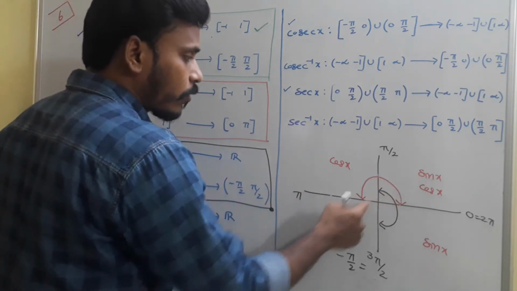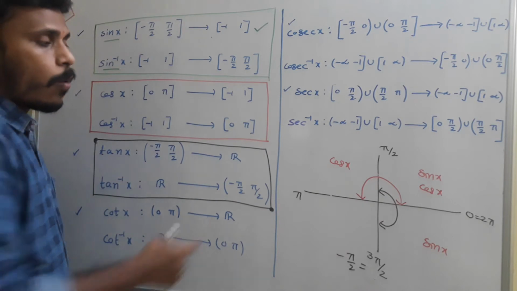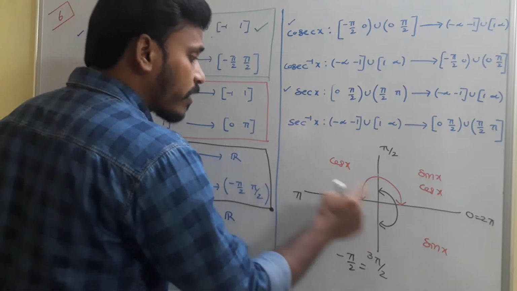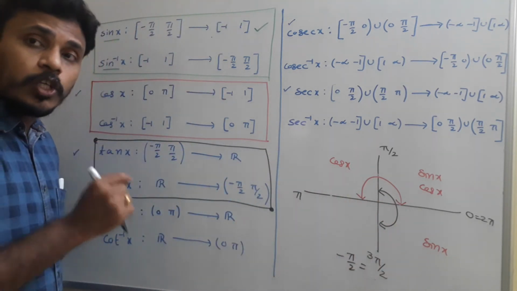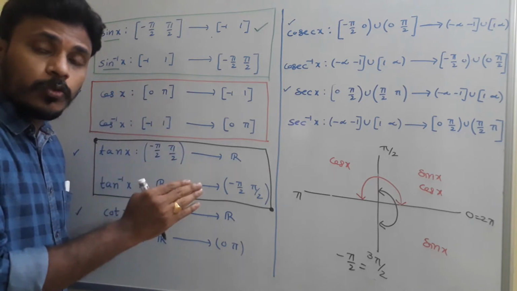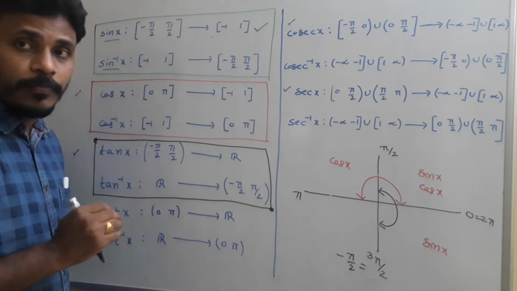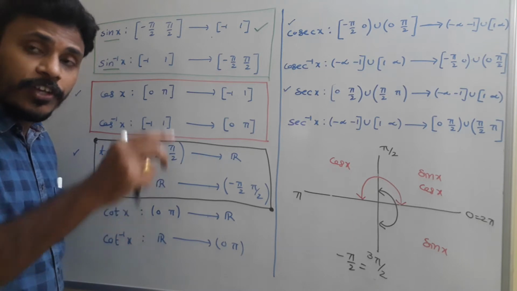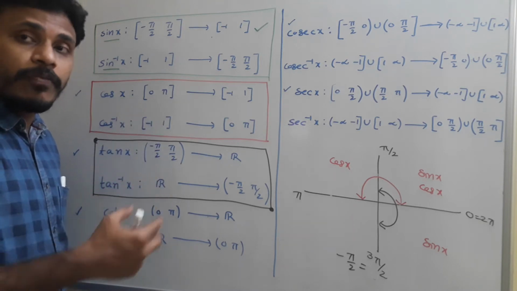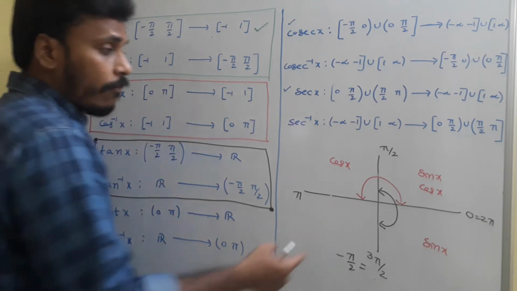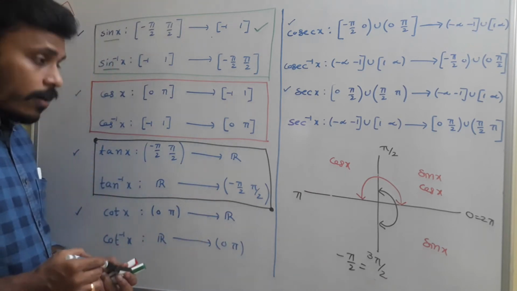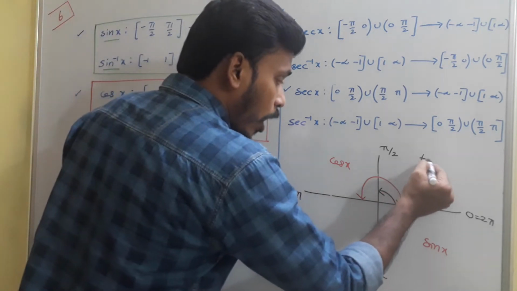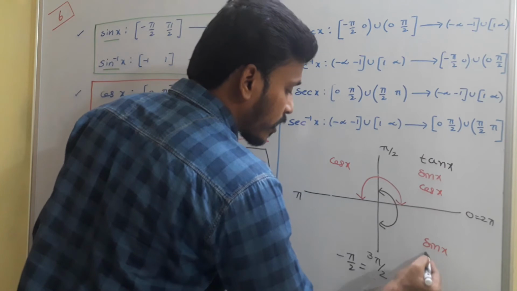In first and third quadrants, tan x is positive, whereas in second and fourth quadrants, tan x is negative. Since we need to consider one positive quadrant and one negative quadrant, and that too if the region is symmetric, then it is comfortable to analyze. So for that I am considering this first quadrant along with the fourth quadrant, again just like sine.